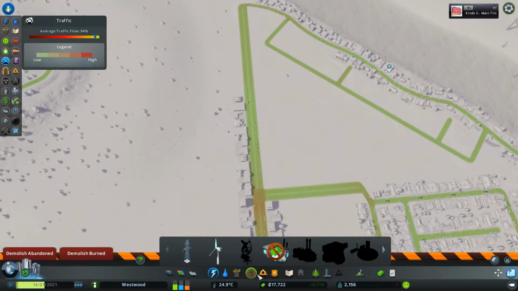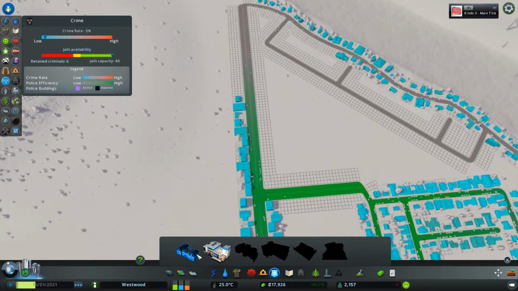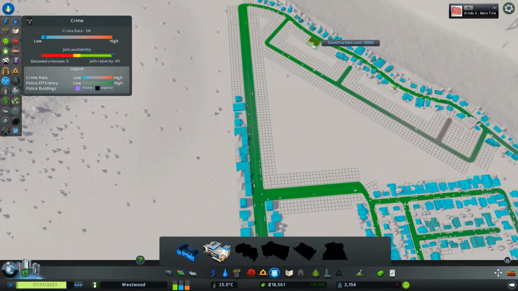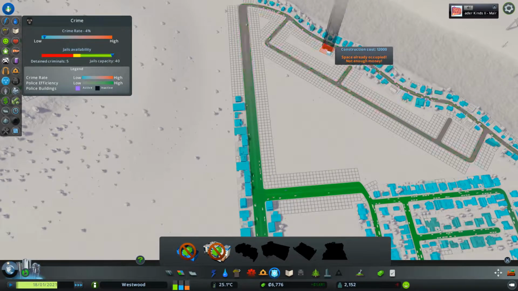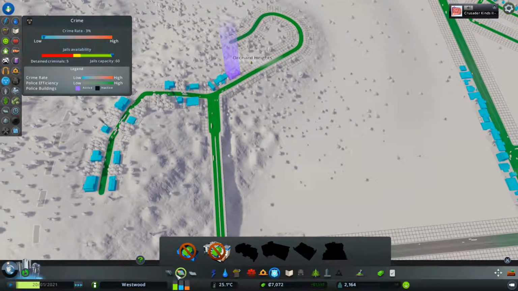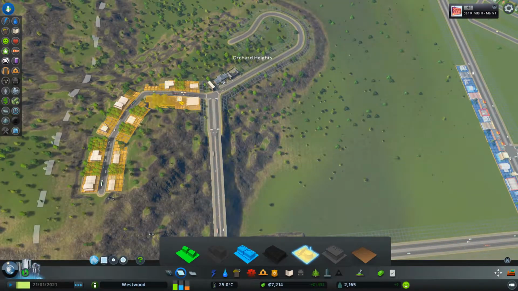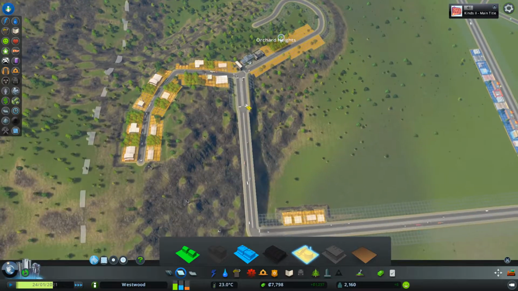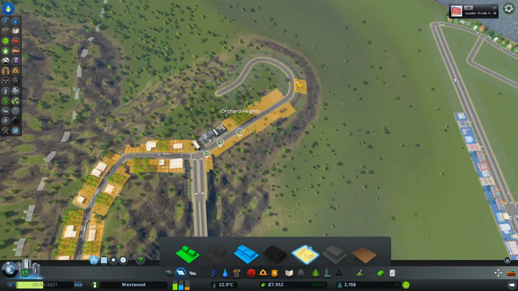Okay. So we've got enough money to put a police station in. And this one's more quaint for a town. Let's put it there. And I'm also going to go up to my industrial area, which is still zoned as forestry. We can see the little tree there. And I'm going to give it a couple more things. Not going to fill it in too much